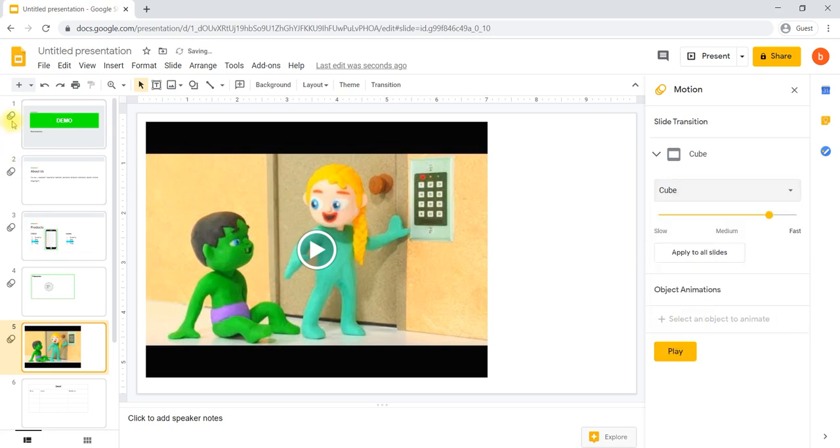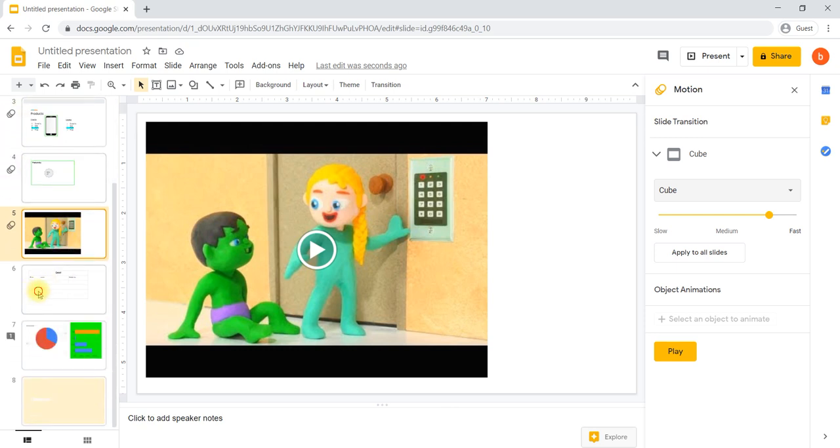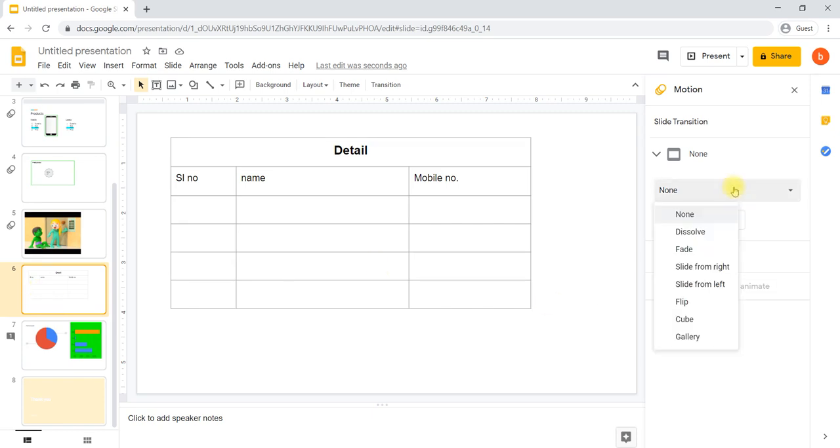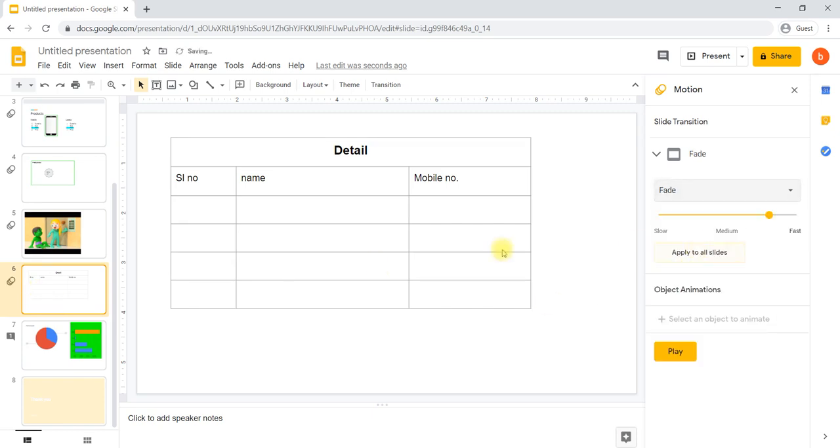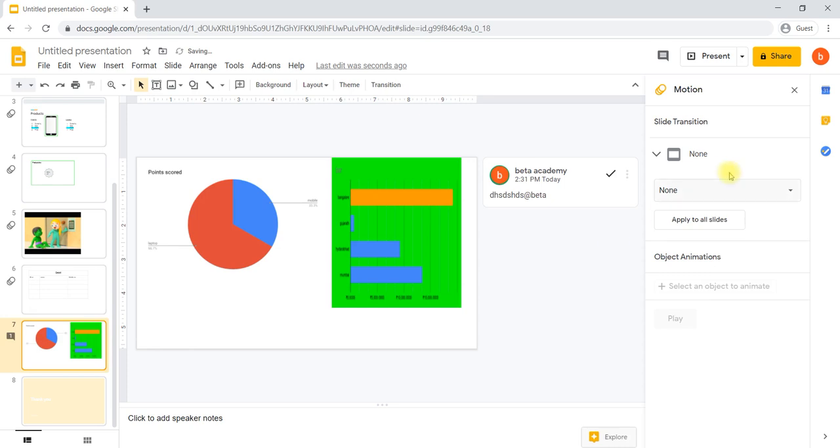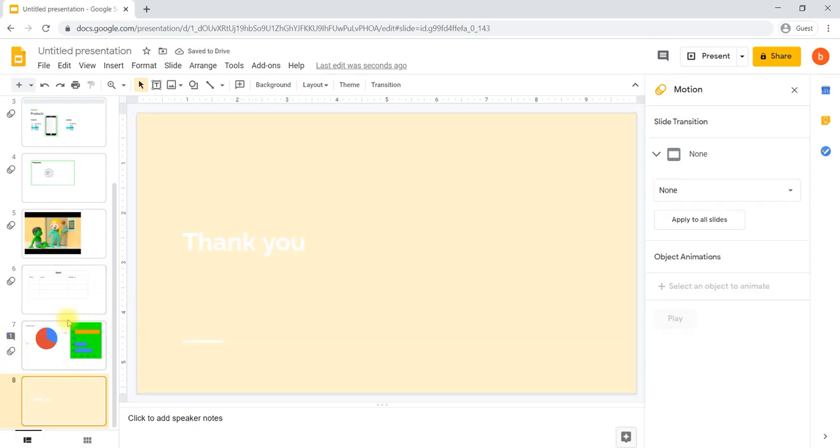And you can observe here the moment you apply this motion, the motion symbol has been applied to those slides also. Sixth one, if I say fade, anytime you can change these motions. Dissolve.